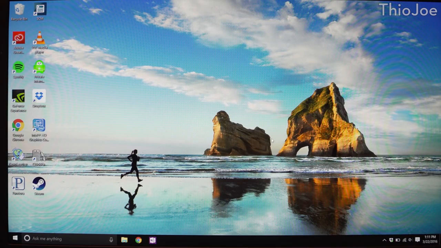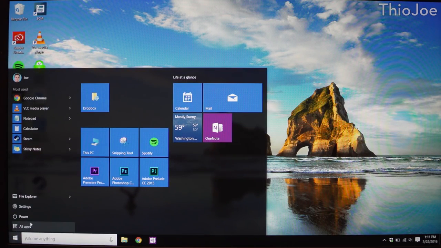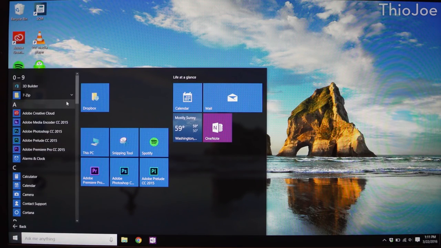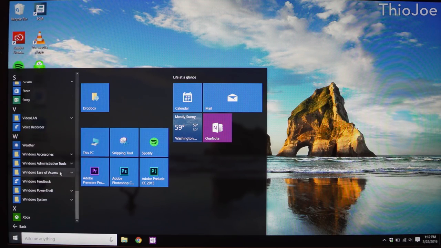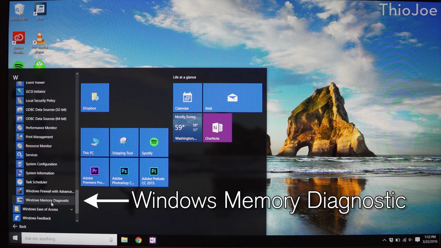Okay, so we just let CheckDisk do its thing, and it booted right back into Windows at about less than 10 minutes. So now we're actually ready to do the real upgrade. So what you want to do is go to the Start menu, and then go to All Apps, and then go down to Windows Administrative Tools, and then you want to go down to Windows Memory Diagnostic,